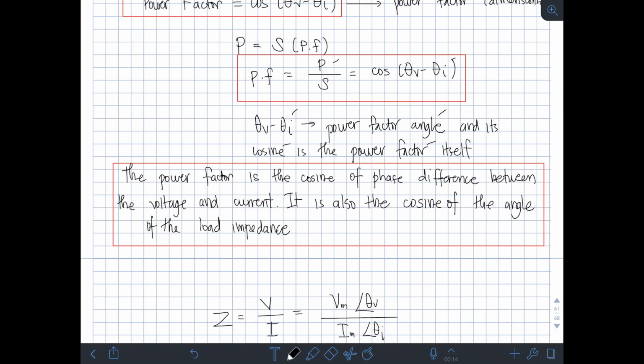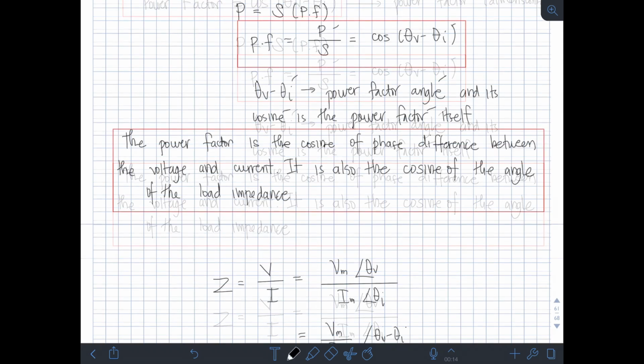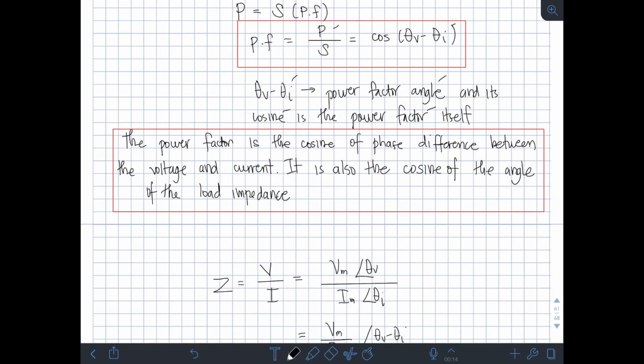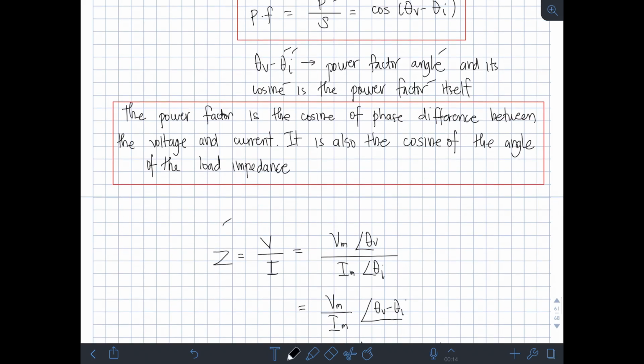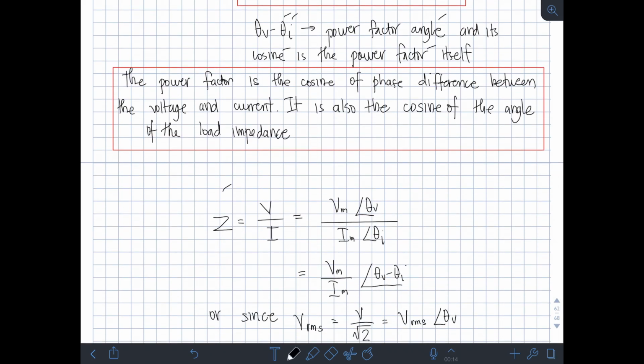It is also the cosine of the angle of the load impedance. Okay? So, pwede rin nating i-equate itong phase difference na to, theta V minus theta I, doon sa angle ng load impedance, which is denoted by Z. So, using Ohm's law, we have Z is equal to V over I, or yung voltage at current doon sa